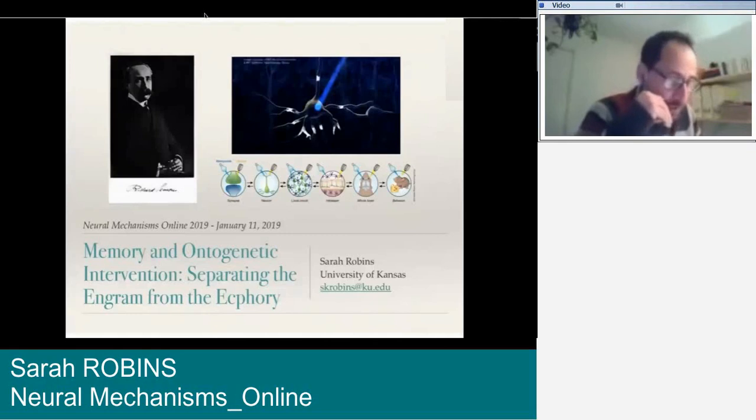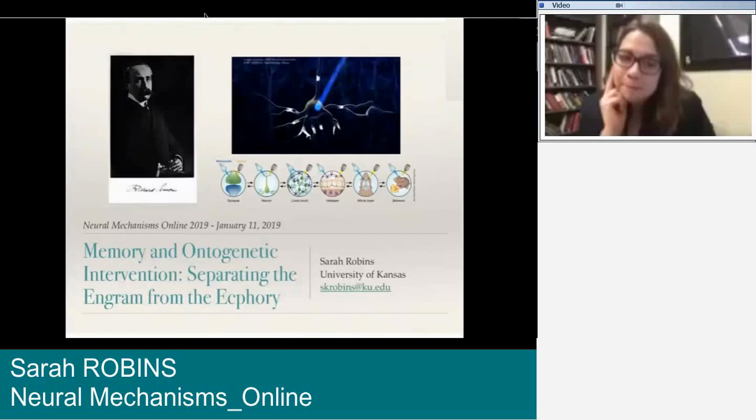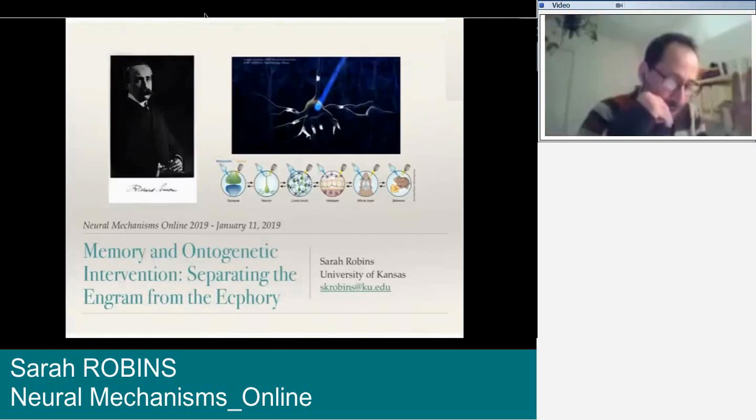Then there are problems with the optogenetic method, because even if it allows targeted activation of neurons, it activates them all at the same time. Then you are not really able to capture the space and time dimensions that might really occur when the animal normally activates the engram. That cannot be done with optogenetics, because the technique doesn't allow you to do that.